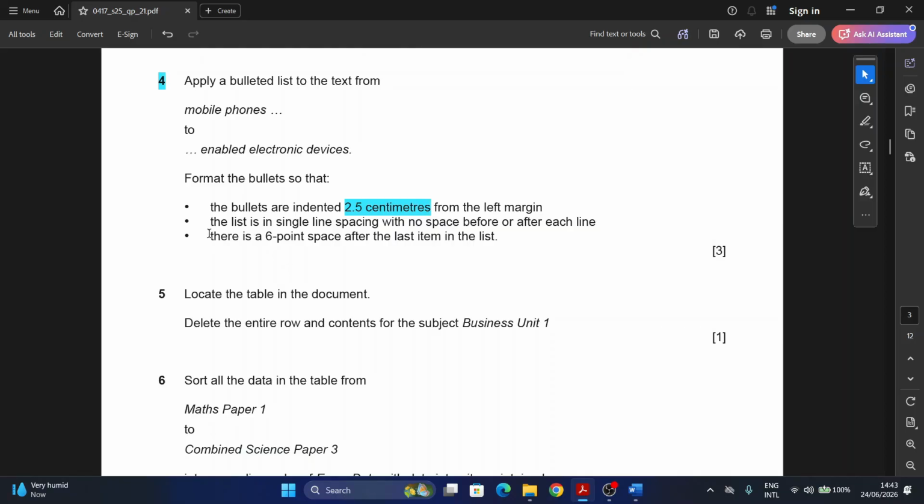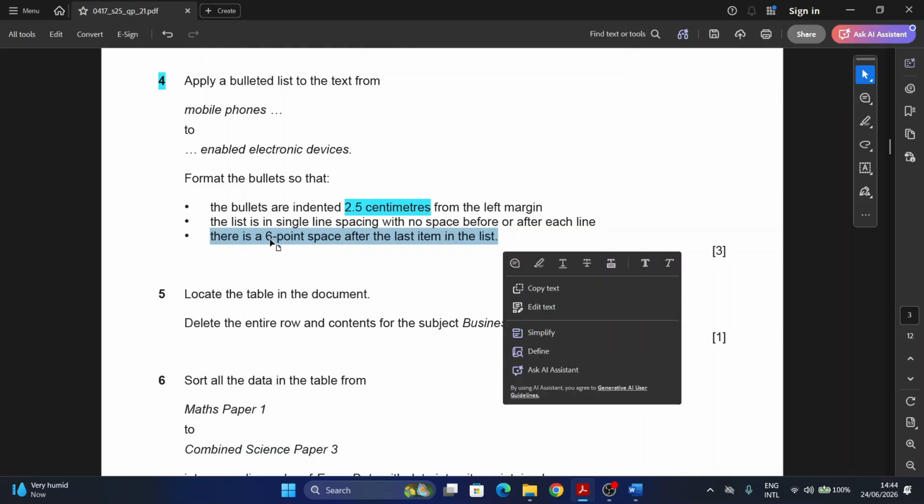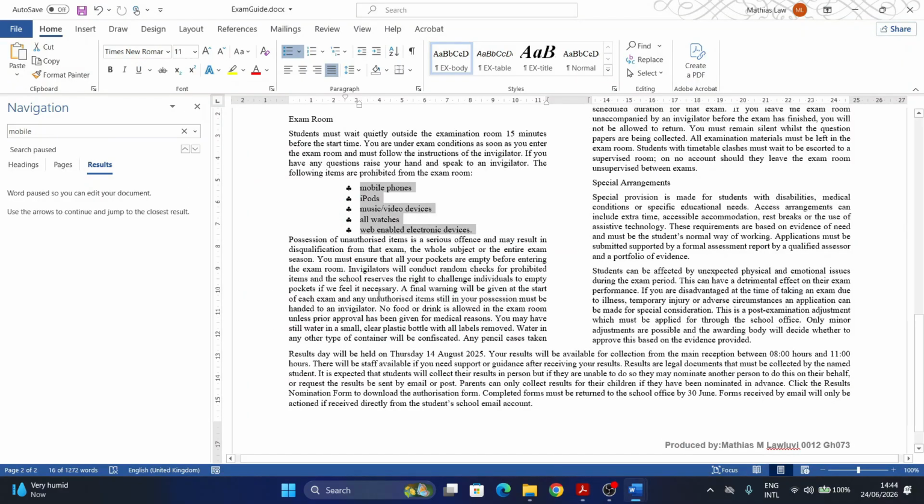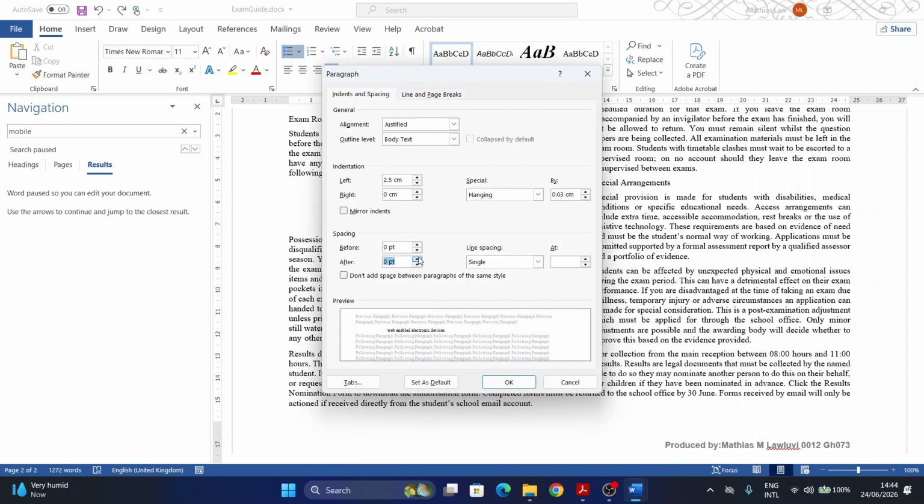And then here it says that there is a 6 point space after the last item in the list. Very important here. A lot of times students get this wrong. So you put the cursor at the last part here, come to paragraph, and do 6 point after this way,